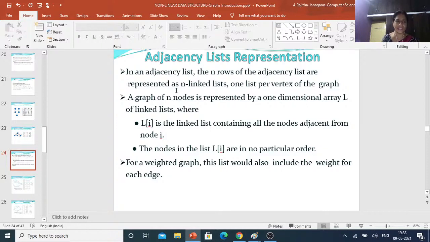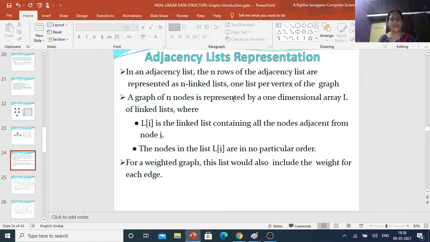That means 5 adjacency lists and 1 array. The n rows of the adjacency list are represented as n linked lists. That means however many vertices there are, that many linked lists are present. So one list for each vertex of the graph.